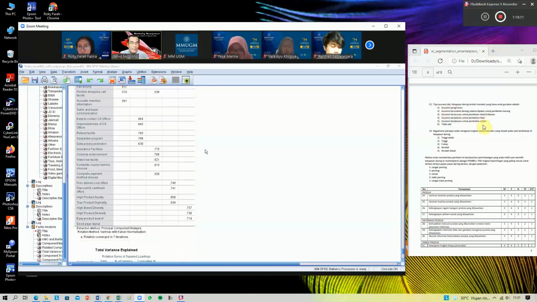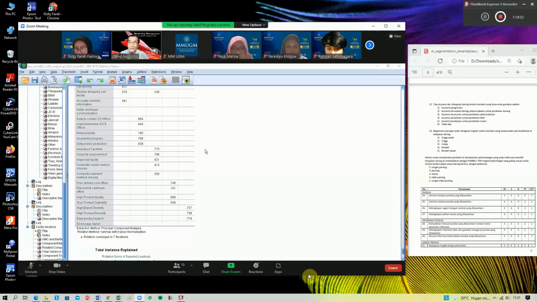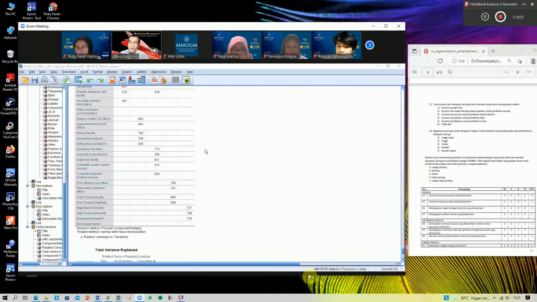For example, combining segment number 1 and 4 is possible. So not always only a single segment, you also can combine, between segment 1 and 5 is also possible. Up to you, as long as you have strong arguments to support your decision. Okay, so that's all for the tutorial.